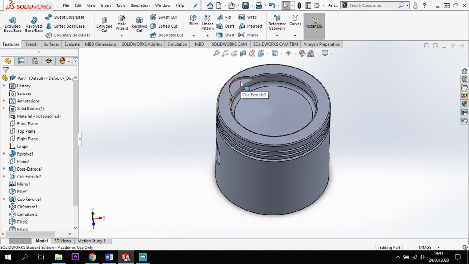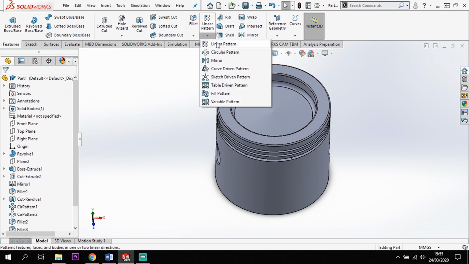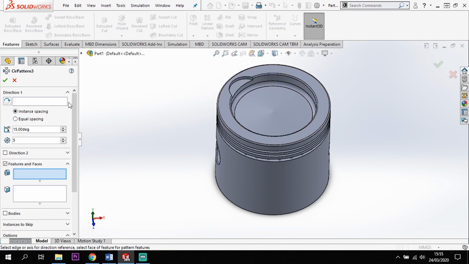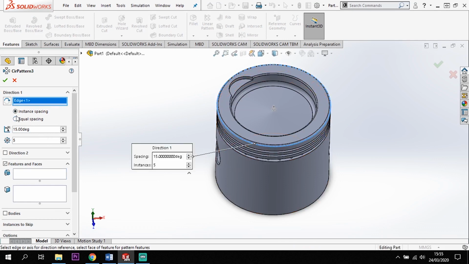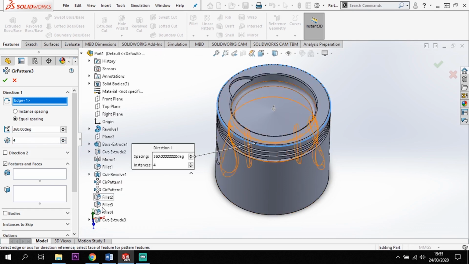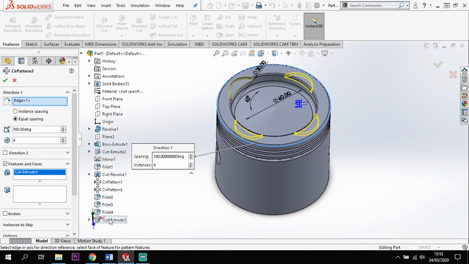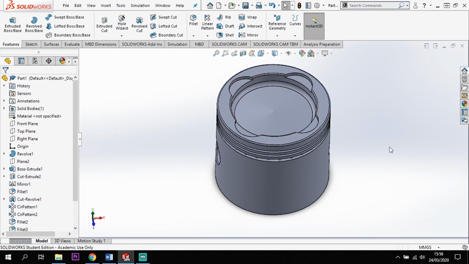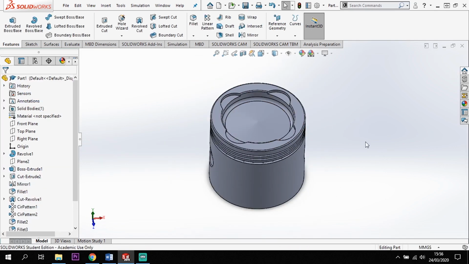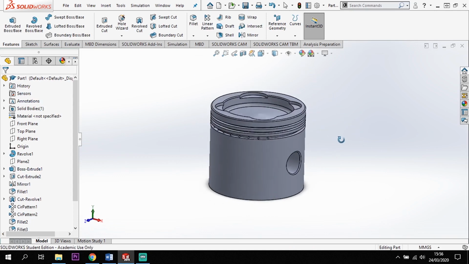So I've done 1, but I'm going to circular pattern that. So again, using the circular pattern tool, I'm going to select an edge, so that edge to follow. I'm going to have them equally spaced around the 360, and I want 4 of them. So I'm going to come down, and I'm going to pick up that cut again, and you'll see it gives me my 4 profiles. Tick there, and I have my piston head fully modelled with all of my fillets in there,